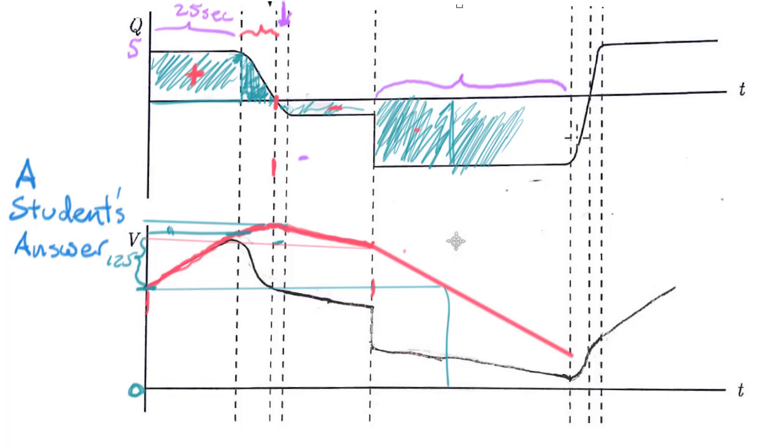Notice that the flow rate's negative here still, right? So there's more flow going out of the system than going into the system. Therefore, the volume should still be decreasing beyond this point right here. It should be decreasing all the way up until this time right here when the Q curve passes through 0 again. So this volume curve reaches its minimum at this time. Then the Q, or the net flow rate into the system, becomes positive. So that's where this thing turns around and starts heading back upward again, right?